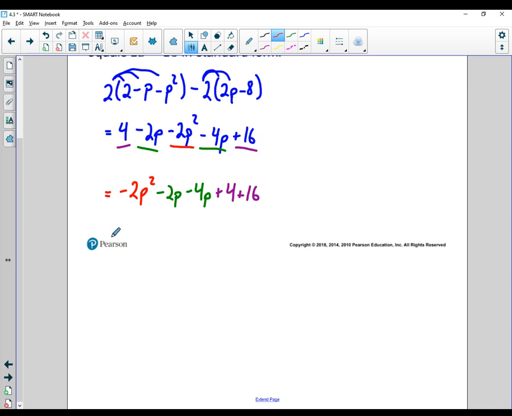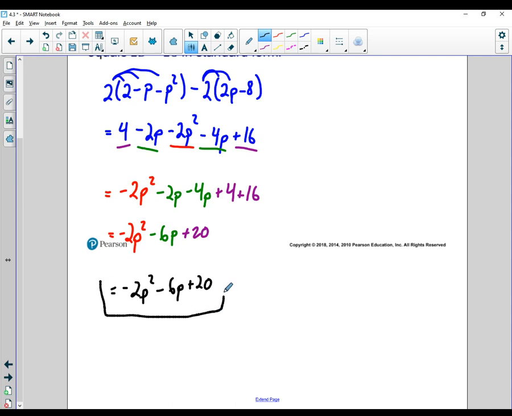Now I can combine them. Negative 2p squared is all alone. Minus 2p minus 4p is minus 6p. And 4 plus 16 is plus 20. And so just to write it without all the crazy colors, there we go. I went fast because it's